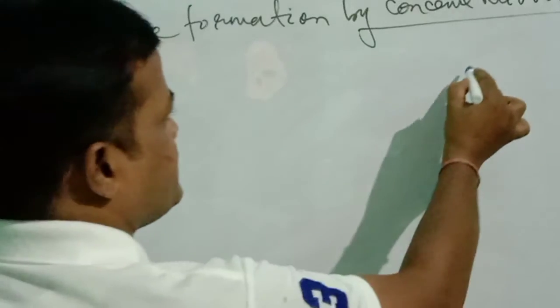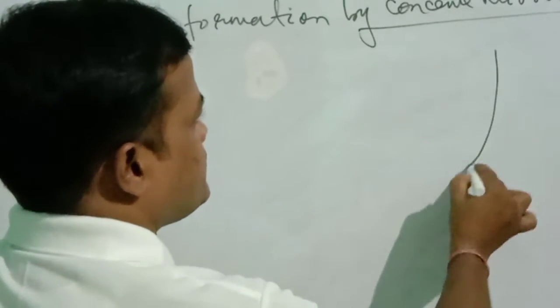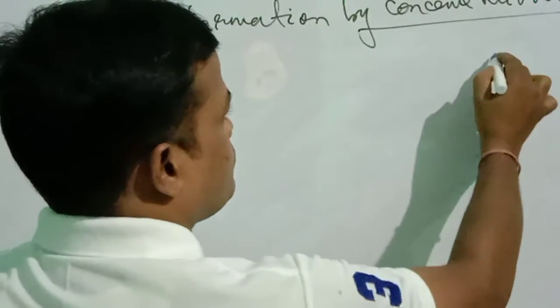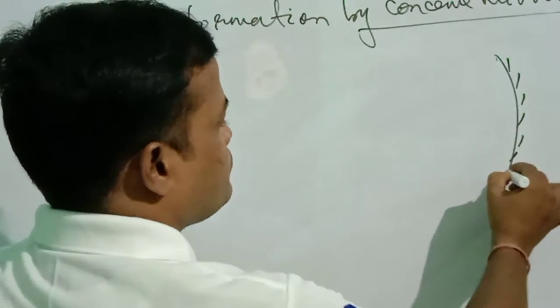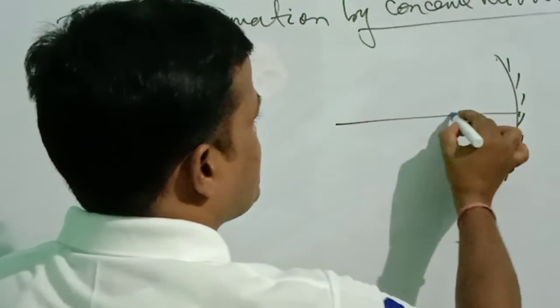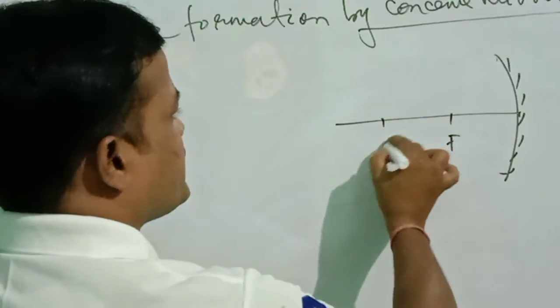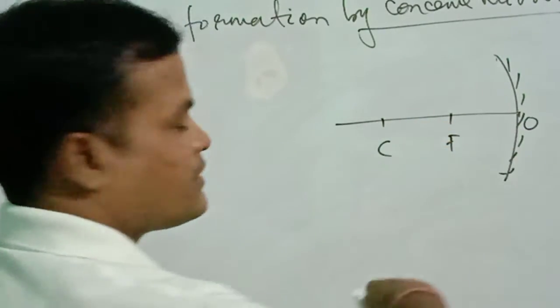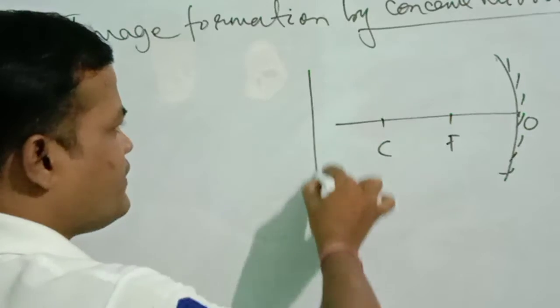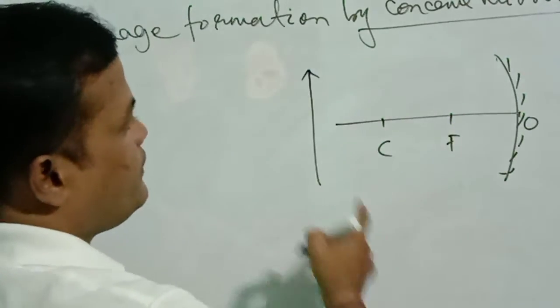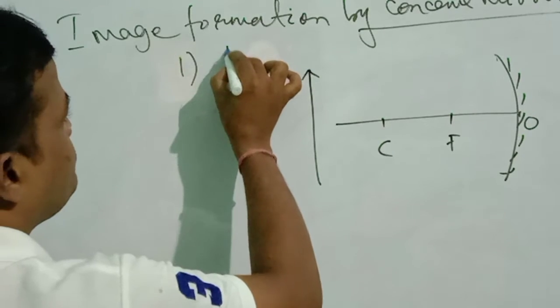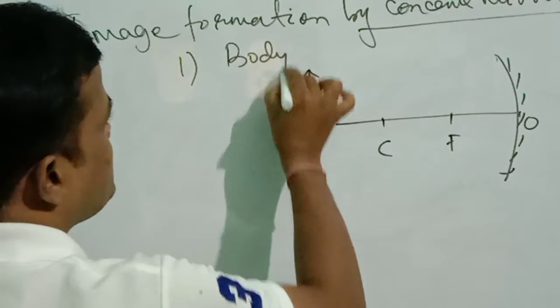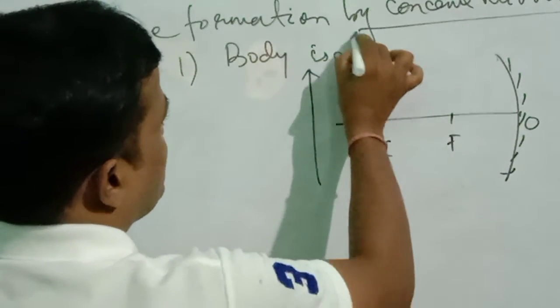Suppose this is the mirror, this is the principal axis, this is the focus, this is your center of curvature, this is your optical center. When the body is at infinity,